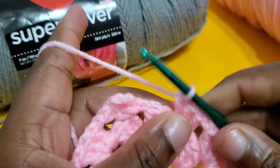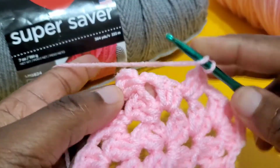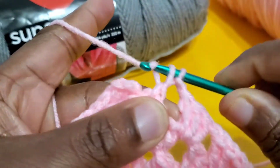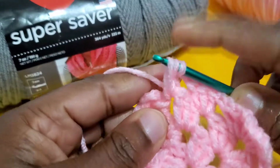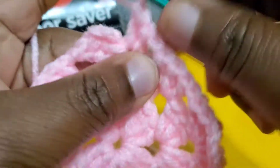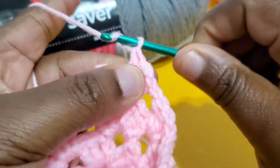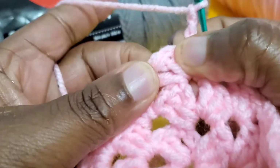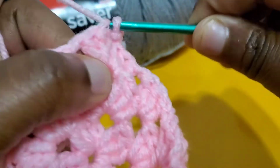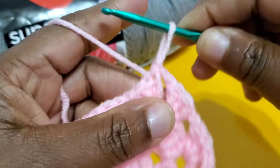So next you're going to chain 1, and then we're working in this next corner. We're going to just complete that corner, and then we're going to change colors. So that's 1, 2, and 3. We're going to chain 2 to complete our turn. We're going to slip stitch in the top of this 3rd chain right here. And then I'm going to come through this next loop and pull up my loop, and I'm going to stop